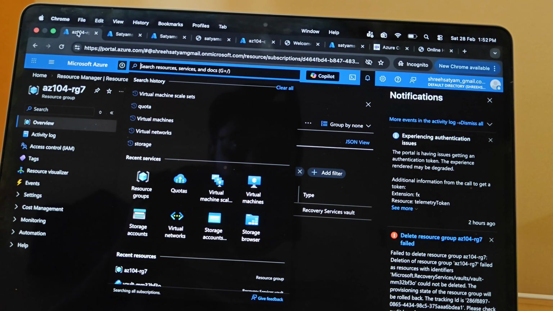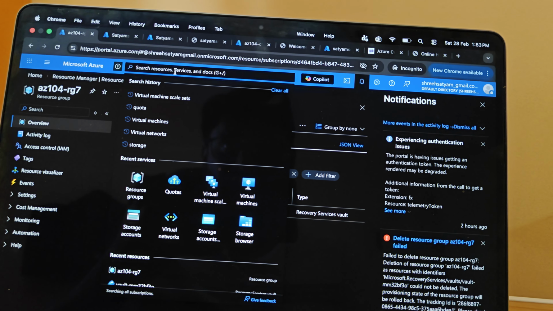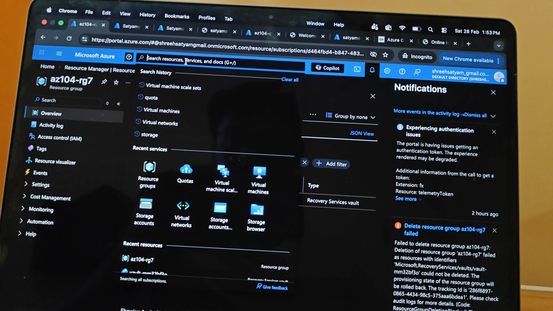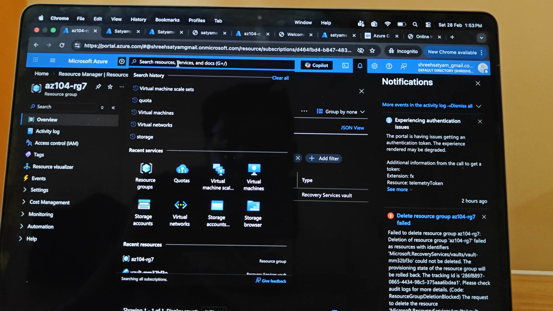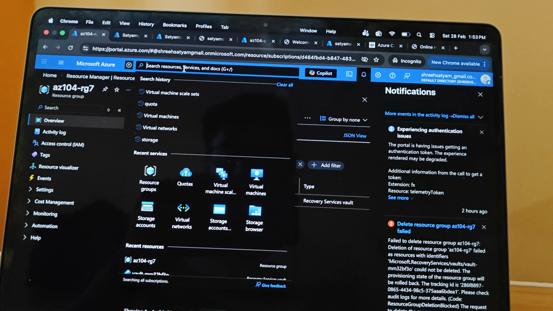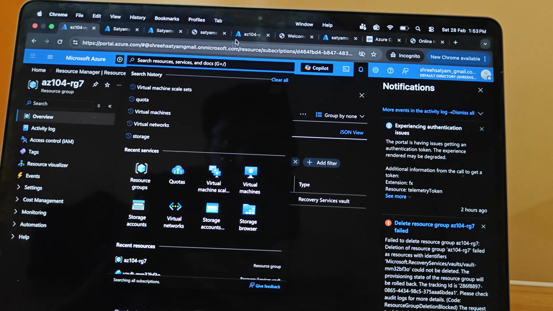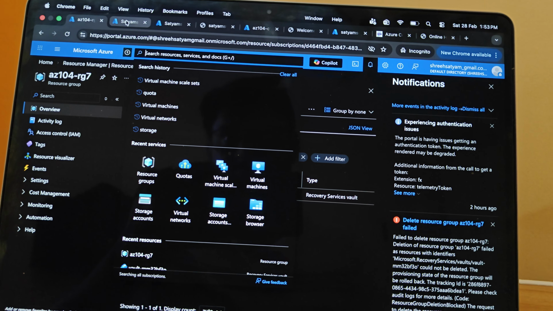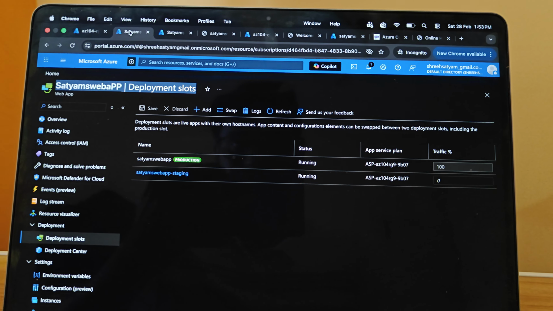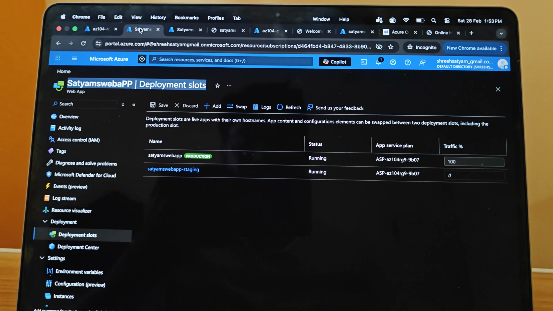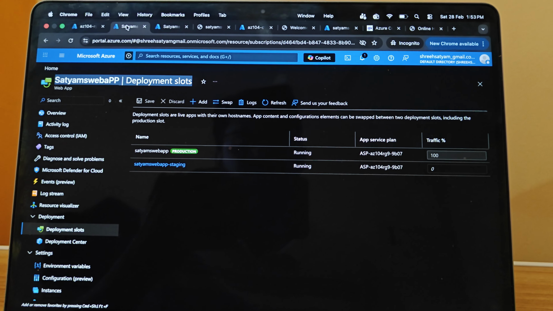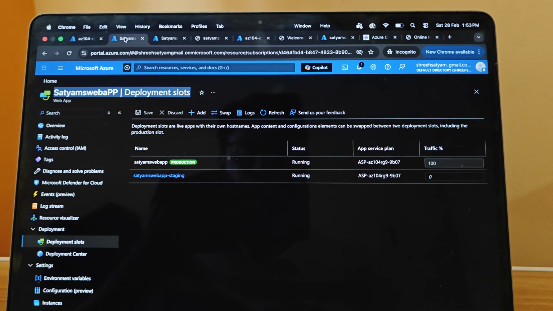You need to go to the Azure portal and search for web apps. Once you select web apps, you will see a few entries there: one is web application, another is web application plus database, and a few more. Select the web application, since we are dealing with the web application itself. Then hit the plus create button and fill in all the details given on the GitHub portal